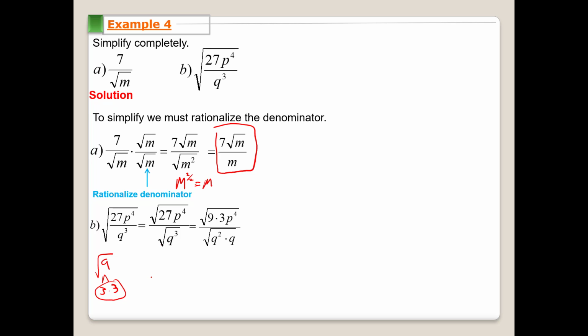Okay. So we'll be able to take a 3 out of that. And then on the bottom denominator, if you have square root of q squared, that should just equal q. So I'm going to go ahead and break it out and make it a little bit more apparent. And on top there, I even overlooked it. We got a square root of p to the 4th. So what should we get out of that? Well, hopefully we'll get a p squared. If you look at that,